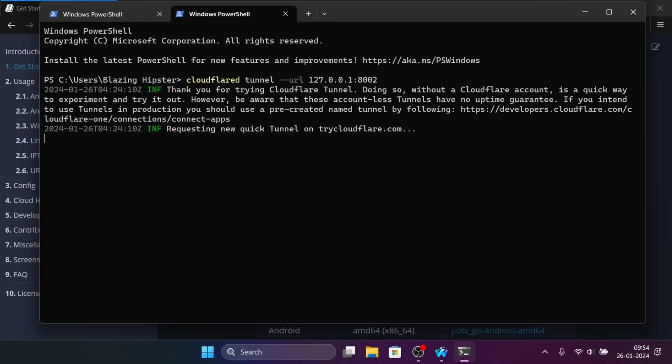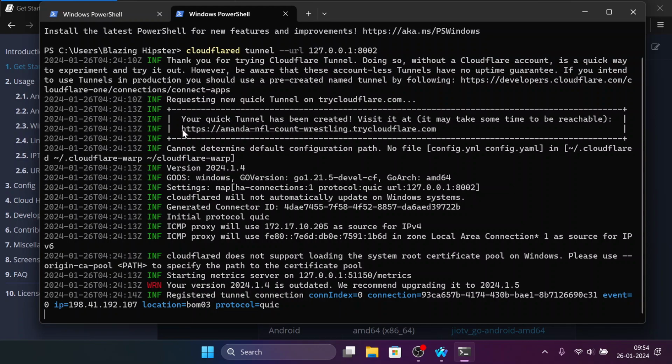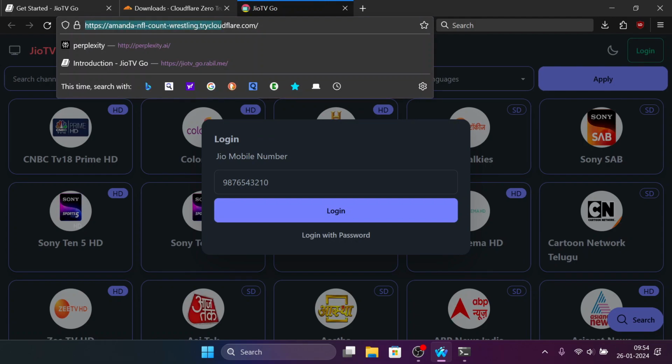Now Cloudflare will start to communicate with its API and give you a URL here. Now it says your quick tunnel has been created. Now if I visit this URL, I'll simply press Ctrl and click. As you can see, I have GeoTV Go running on the internet, and this URL can be accessed from anywhere.